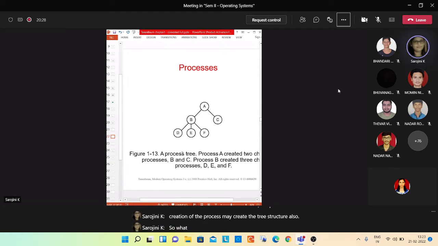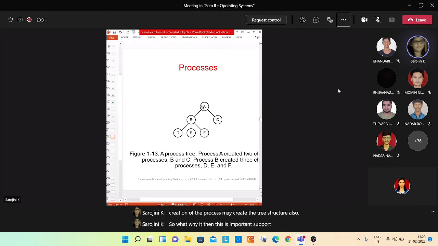So why is this important? Suppose you have created process A, and then some other task you enabled within that created B and C, and then under a particular tab you enabled some other task, so that created three more processes. Now if you want to delete process A, you cannot directly delete process A. You have to first delete these three processes, and then process B will be deleted, and then C will be deleted, and only then can you delete A.